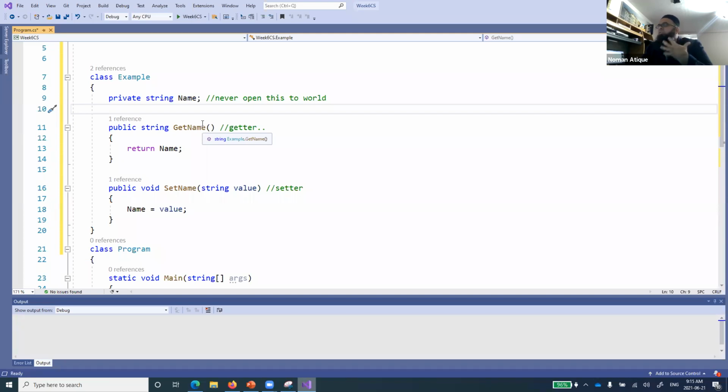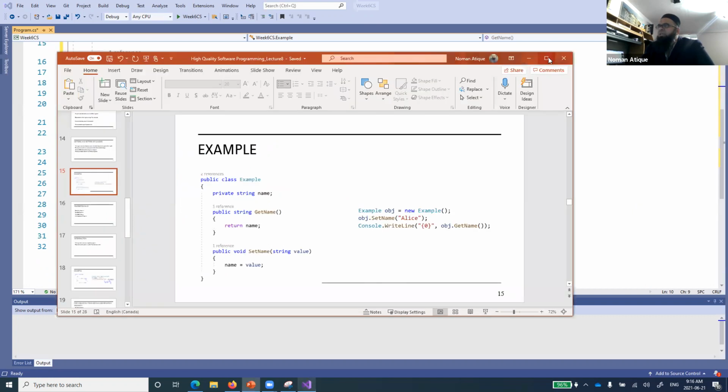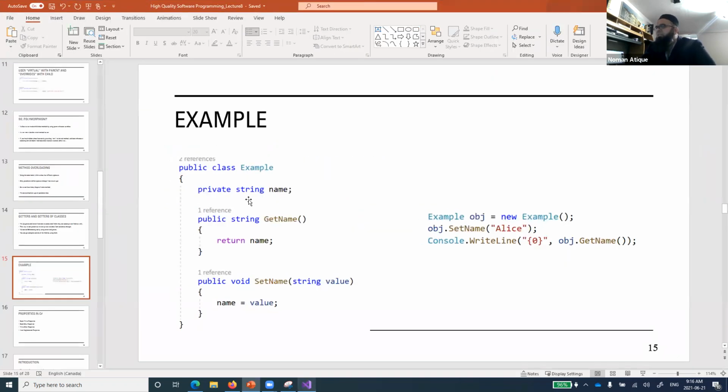Is that right? So this is the usual way of doing things: you open up some functions, some methods, and those methods go outside the world and interact with that world. By outside the world, what I mean is that this is also outside of the world. So if you are talking about that, you will be saying this. Now if you see that we have just run that one, this is the class which has a private member, and this getter and setter can use it.